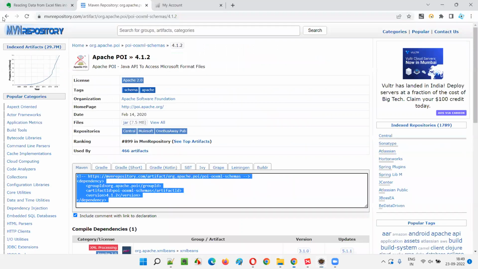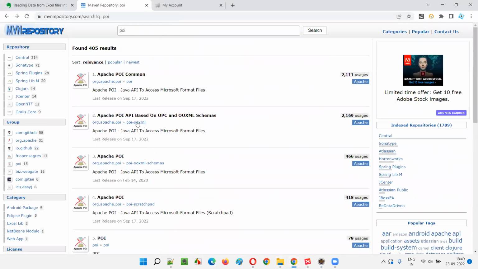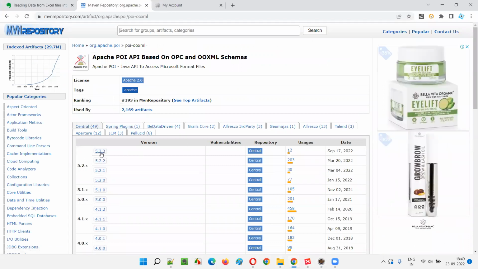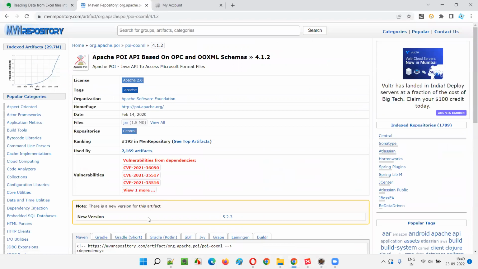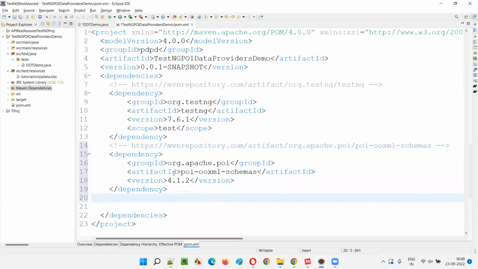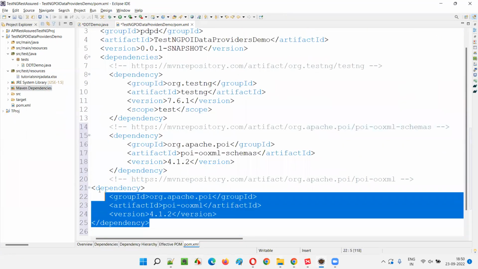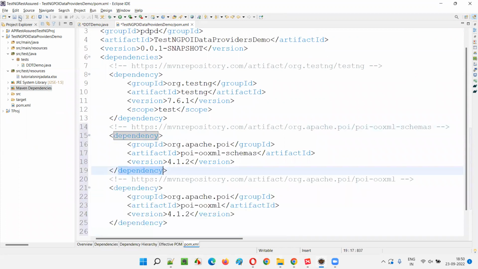Now let's go back, and next one is POI XML, and here a later version than 4.12 is available, but I'll go till 4.12, guys. I'll copy this, come back here and paste it. Okay. Now save this, and again go back,